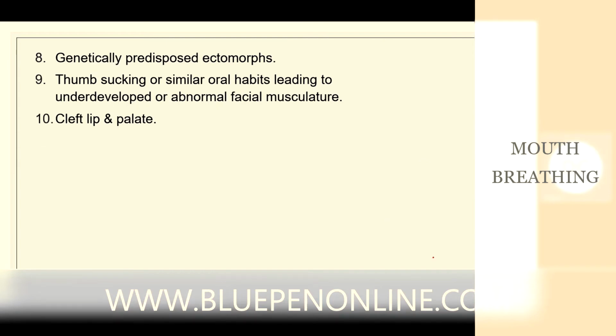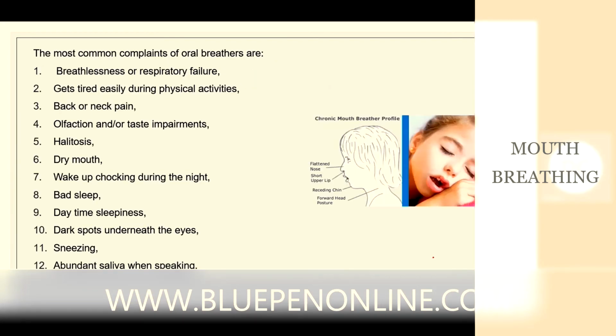Genetically predisposed ectomorph, other etiological factor. Thumb sucking or similar oral habits leading to underdeveloped or abnormal facial musculature, and in cases of cleft lip and palate. So the complaints usually told by a mouth breather include breathlessness or respiratory failure, getting tired easily